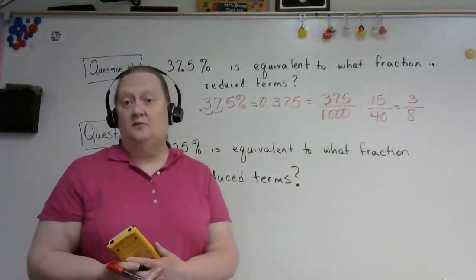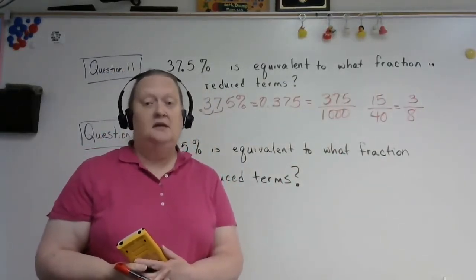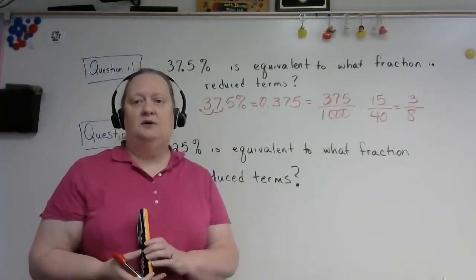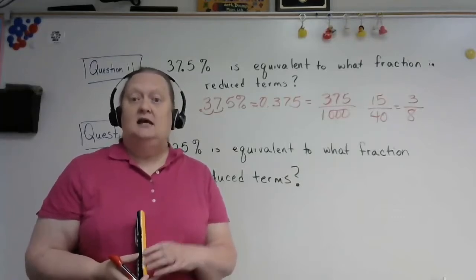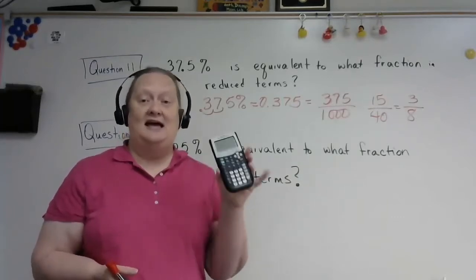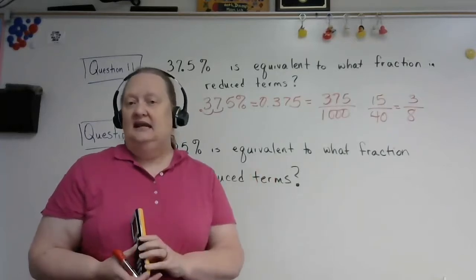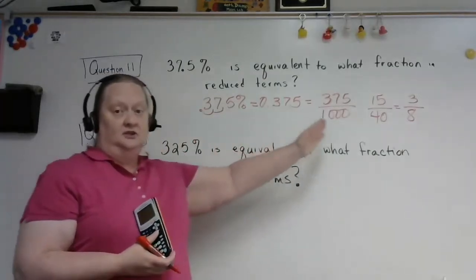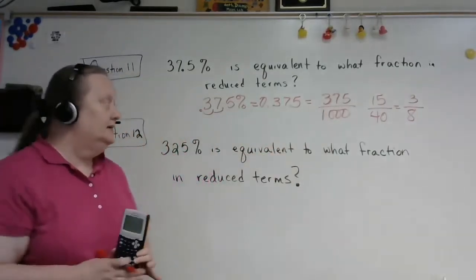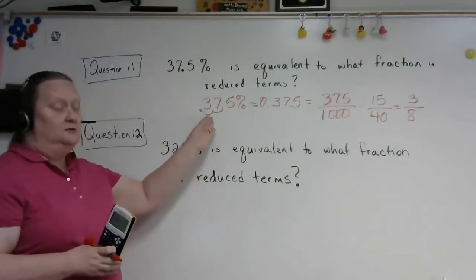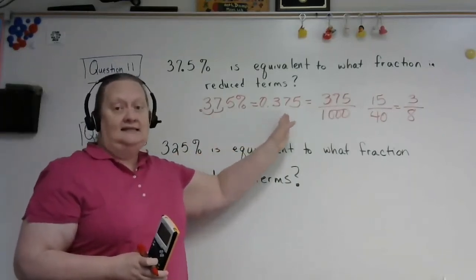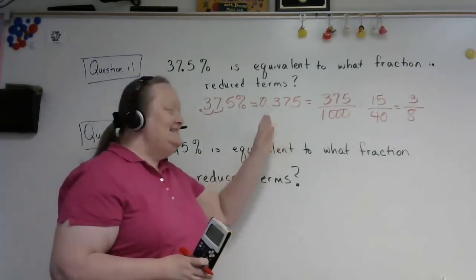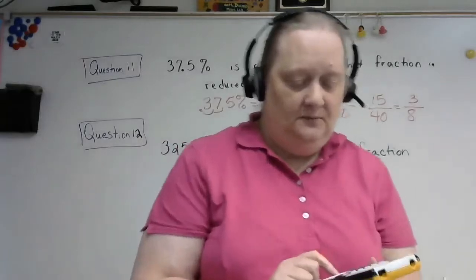However, that's not the way that I really recommend that you do this problem to reduce it. We're giving you a lot of problems to do, and we want you to do a lot of practice. So we want you to use the tools we provide, which is this calculator. And unless your teacher tells you to do this part without a calculator, I wouldn't recommend doing this process. What I would recommend is taking your 37.5%, converting it to a decimal. Yes, do that part by hand. And then taking that decimal, which would be